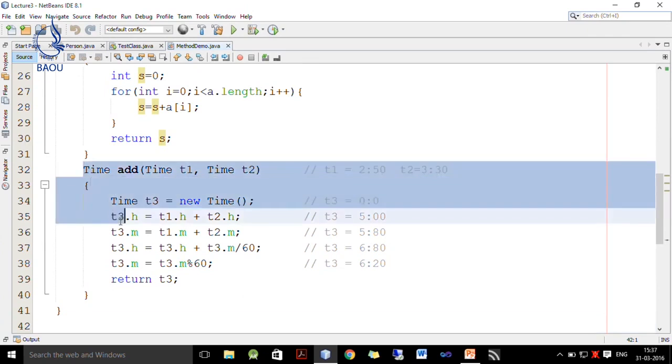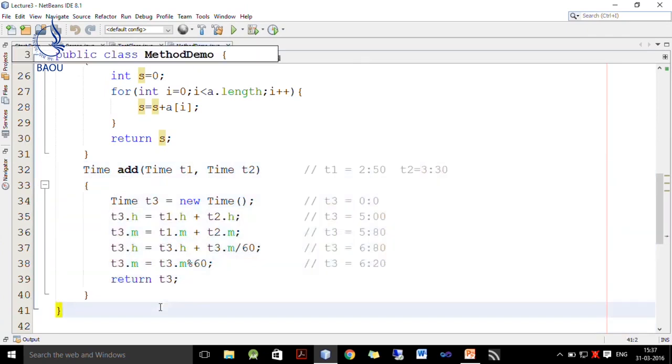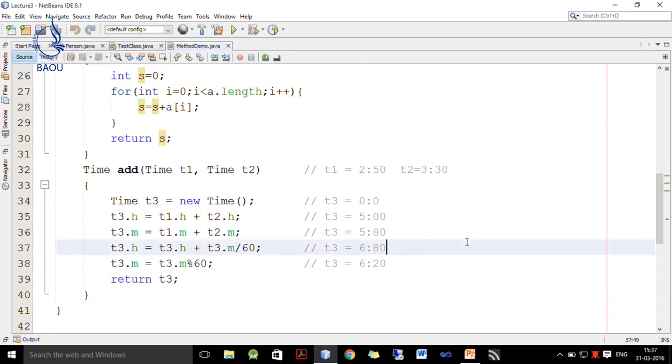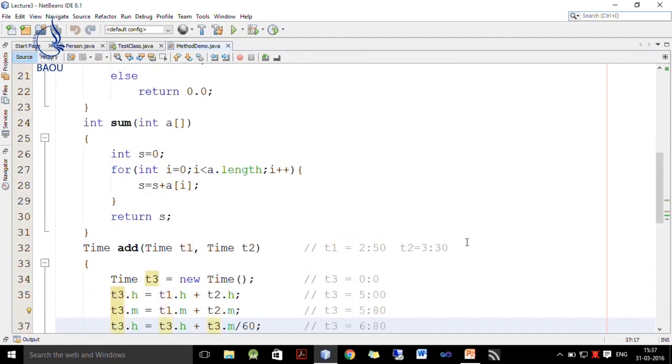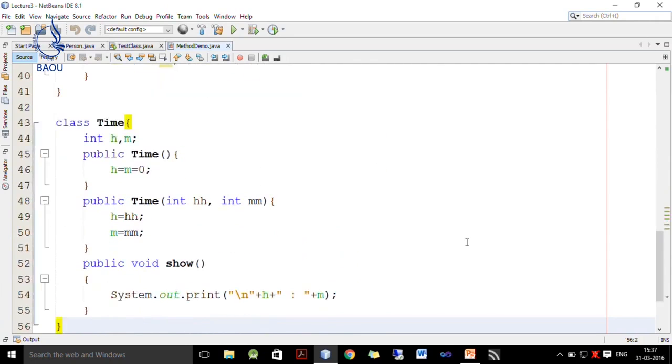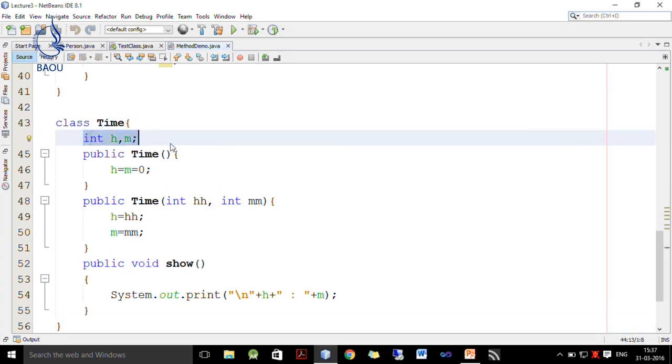Now, the next method demonstrates that we want to add two times, which are represented by T1 and T2. Before we understand this method, we first want to discuss the Time class. Here, for the sake of simplicity, we have eliminated seconds, but you can also consider seconds for calculation, that is left as an exercise. Here I take only two variables which represent hours and minutes. So, it has two instance variables h and m which represent hours and minutes.